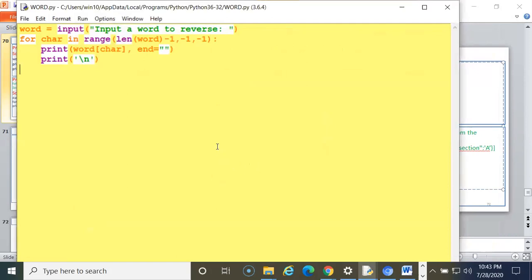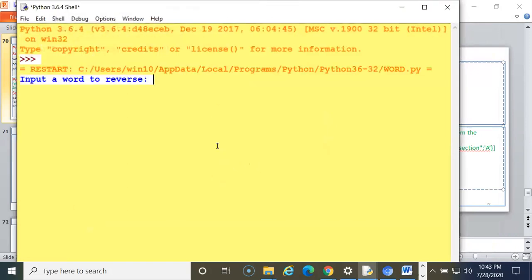Then it will become the output. See, this is in reverse order.